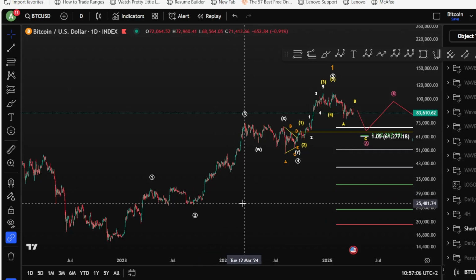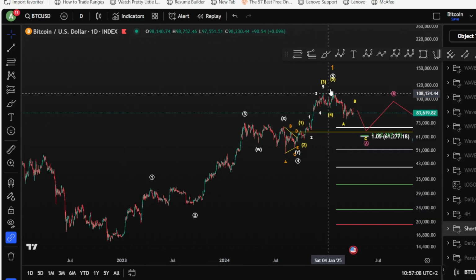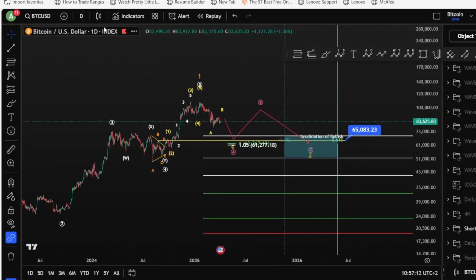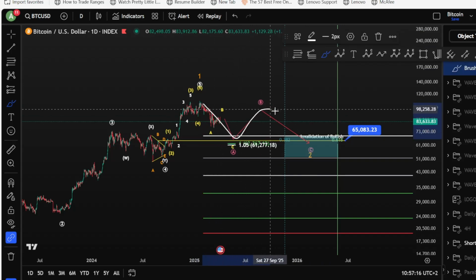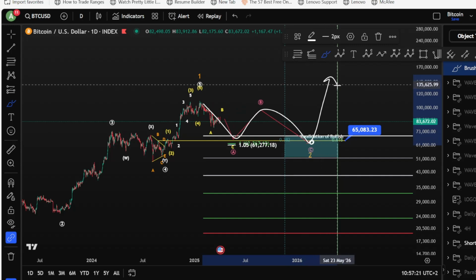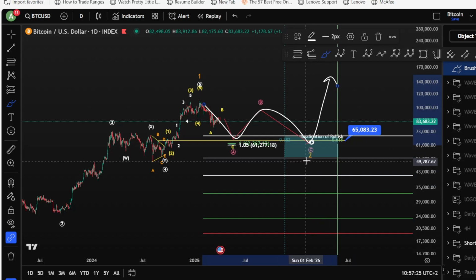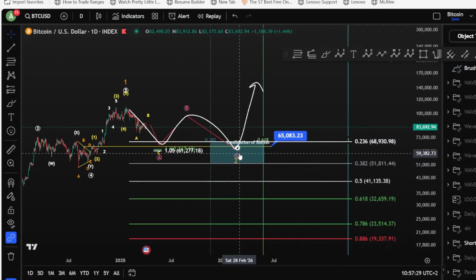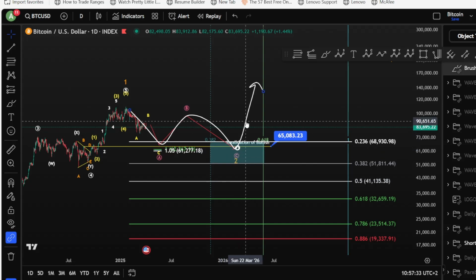And starting on the daily chart, we have our finished, of course, bull run here with a wave 1, where we are looking for a wave 1 of a wave 3 finish, and currently we are in wave 2 of a wave 3, looking after, of course, a wave 3 of a 3, which should be very massive and explosive toward the upside, hitting in between the 0.23 fib level and the 0.38 fib level, which can, of course, unfold this massive wave 3 over 100k one more time again.